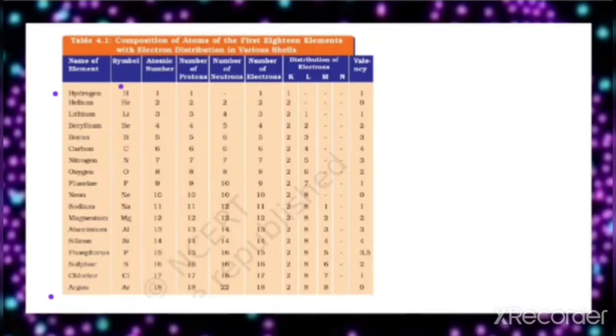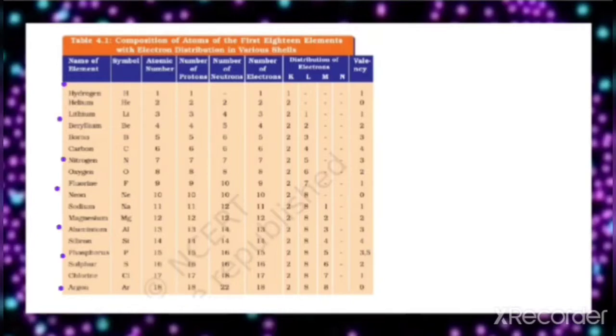So when you learn this sequence, the number of that sequence gives its atomic number. For example, hydrogen you are learning first, so atomic number 1, then helium 2, then lithium 3rd, then 4, 5, 6, 7. So ultimately at the end you have argon here. So 18 is the atomic number for argon. So that means how you will learn atomic number is by learning the sequence.